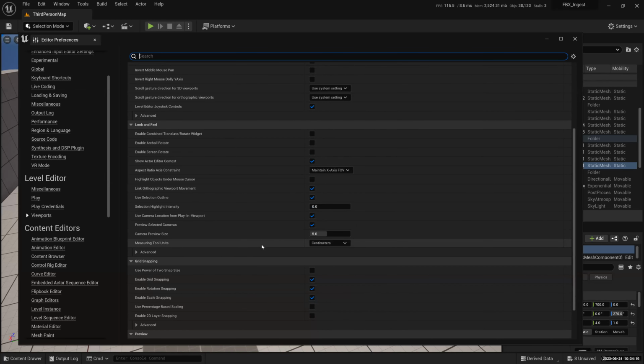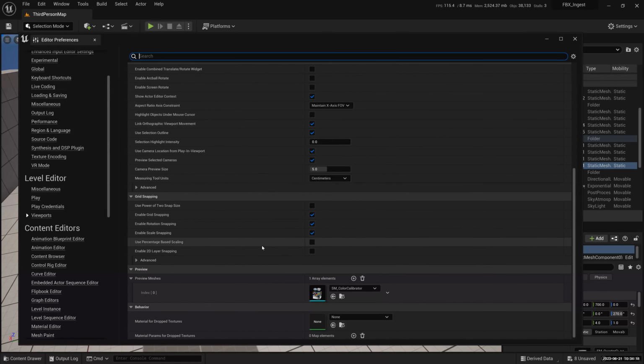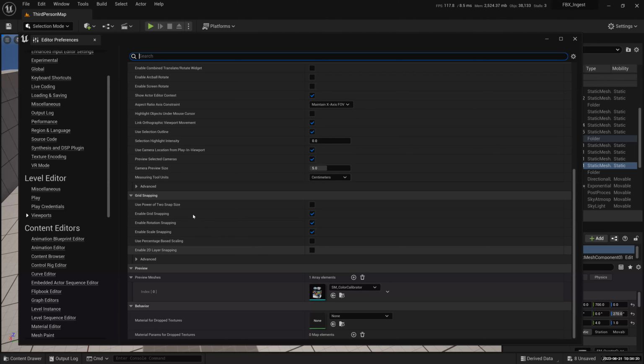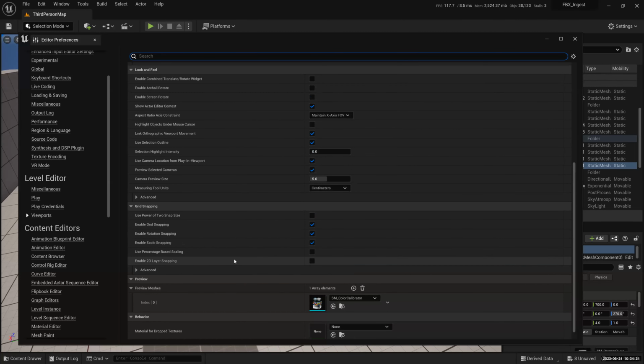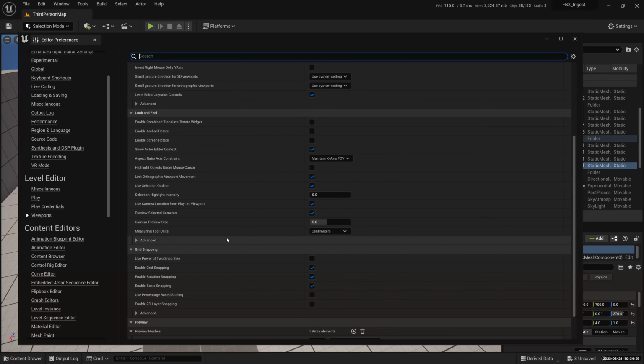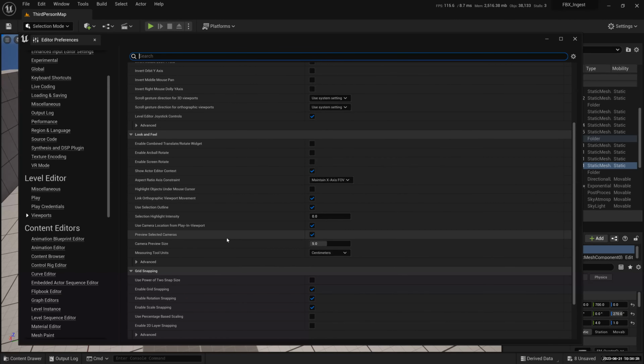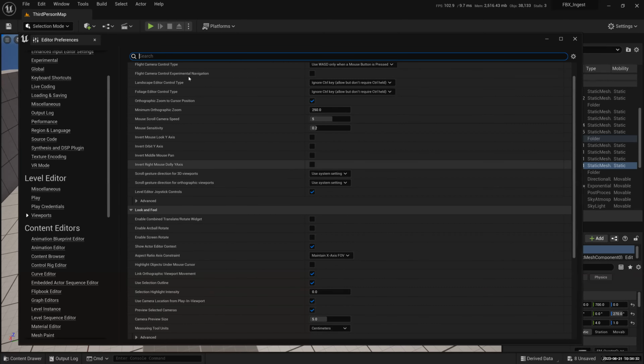Maybe I can do a search here. Snapping. Enable 2D layers. Somebody quickly find it. Let me know. Sometimes it's just in front of my eyes, but I can't see it. It is somewhere here. It's under viewports. FPS